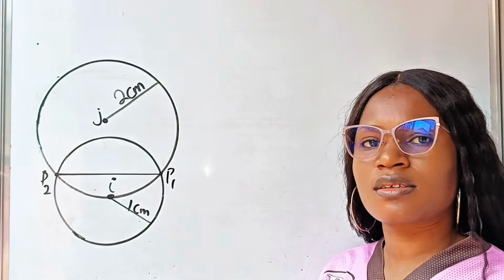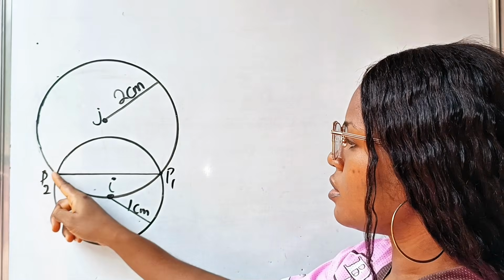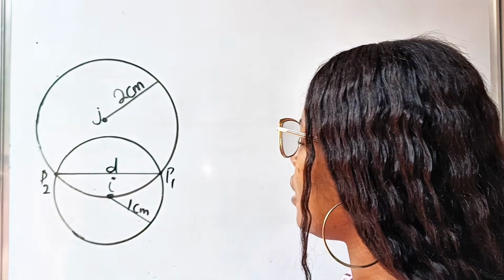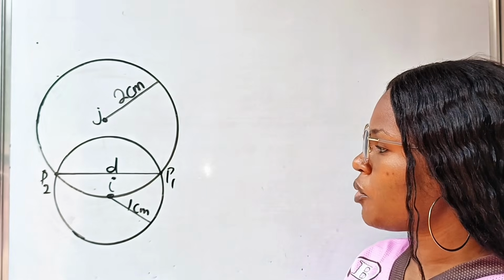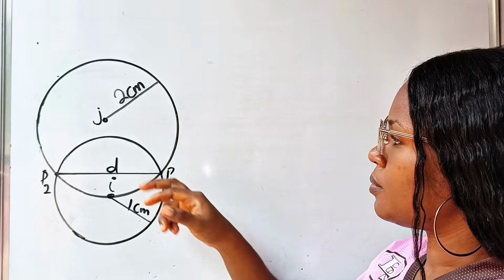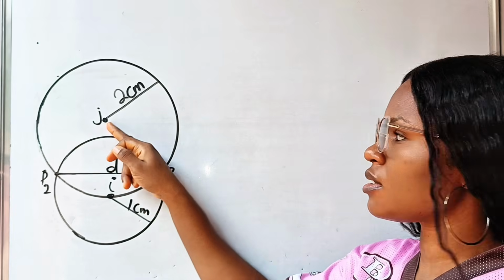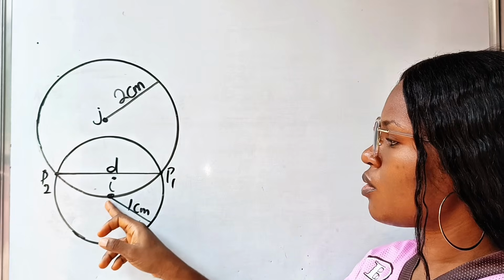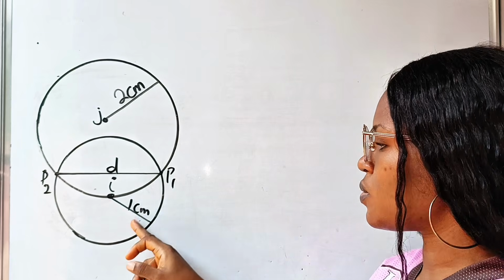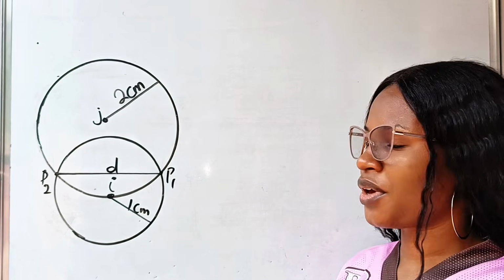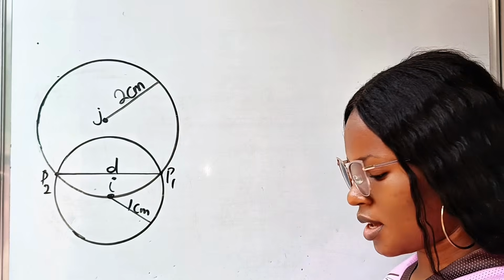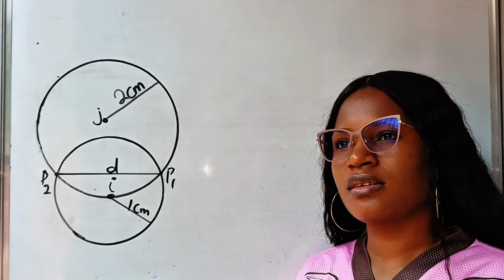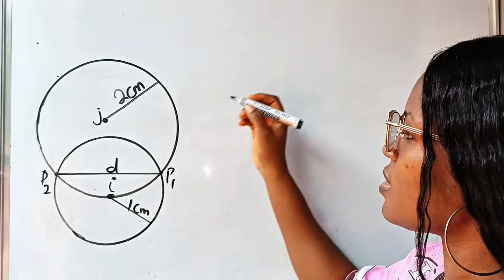The question says that we should find the distance between P2 and P1. Let's call the distance D. Meanwhile, the radius of the larger circle is 2 centimeters and the radius of the smaller circle is 1 centimeter. Okay, first of all, let's start by remembering the formula for